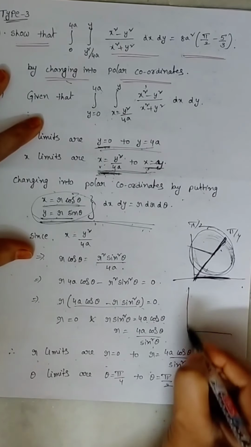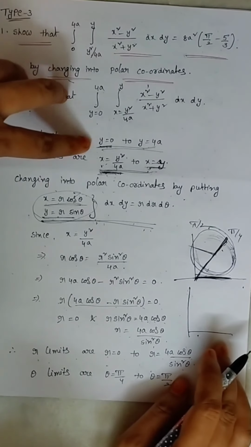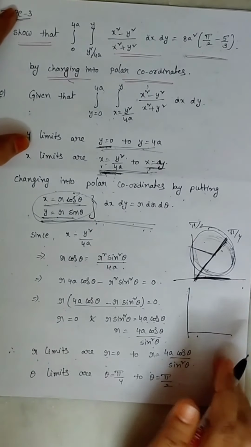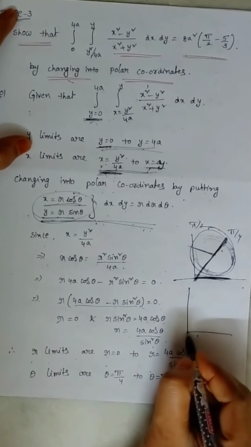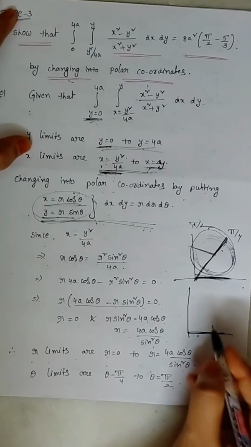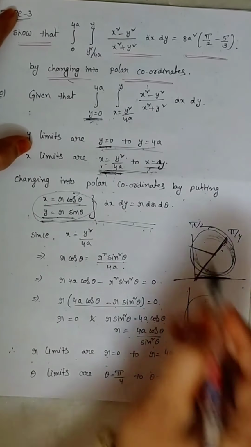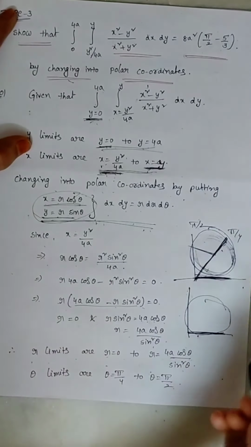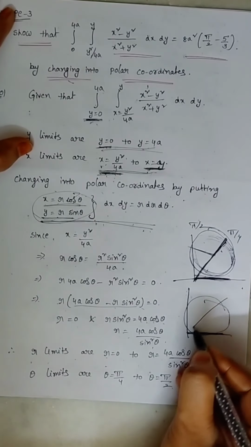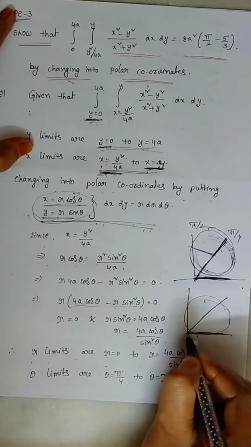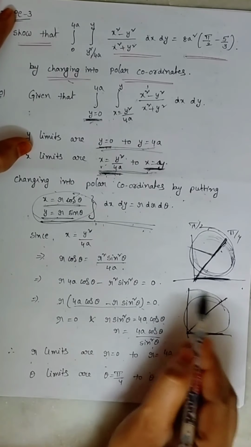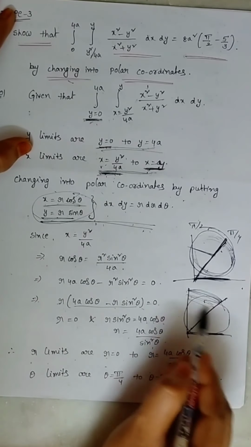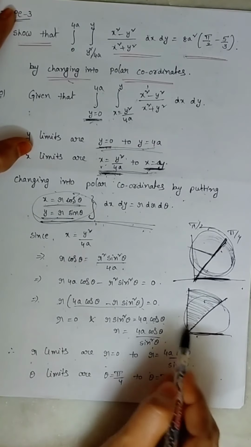On the axis, since if you observe the limits, y equals 0, the lower limit becomes 0. Lower limit becomes 0, that means the region is in the positive quadrant. And also one limit is x equals y. x equals y means a straight line, x equals y. So that means from x equals y to this region, the positive quadrant, from this region with respect